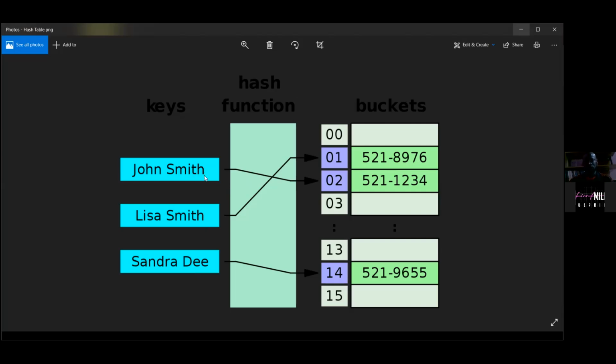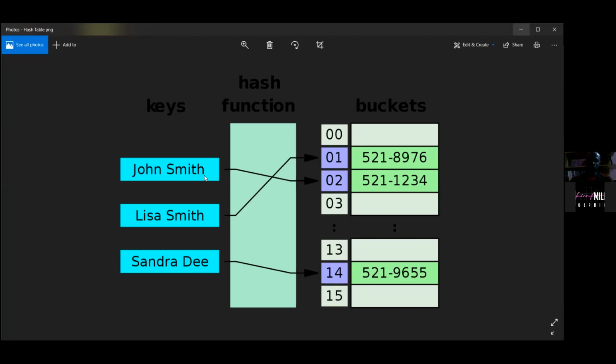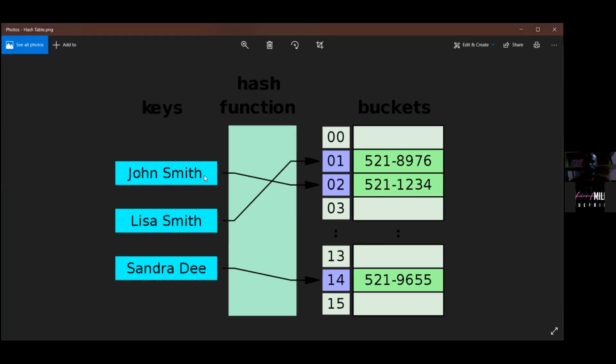Then the question now is, since hash tables are not in contiguous memory, or the items are not stored next to each other, how are objects stored? Now, hash tables use something that is called a hash function.